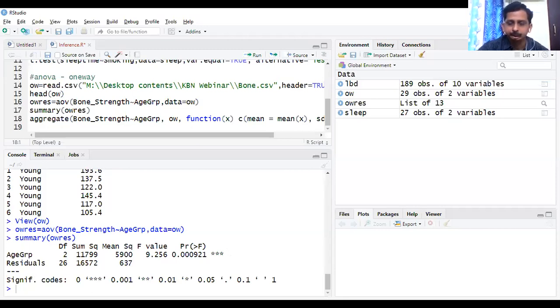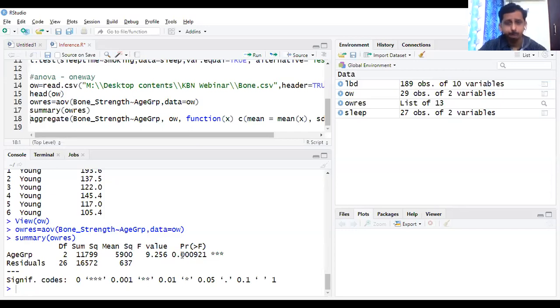What does the ANOVA table contain? The source of variation, where you want to observe the variability across the groups and within the groups. Within the groups is residuals, and degrees of freedom is the weightage: how many samples are to be weighted, given freedom of weightage to define the p-value. And sum of squares across the groups, that is between the groups and within the group. And this is the p-value,